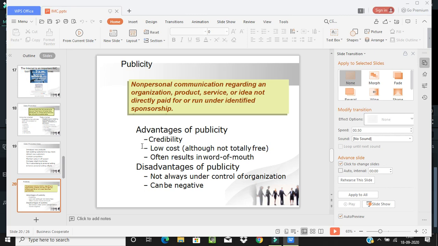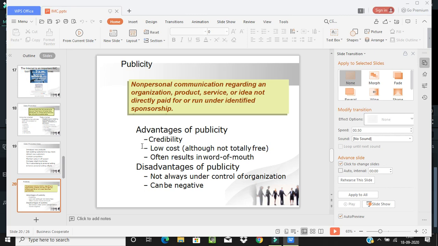Often results in word of mouth, from word to word. It focuses on one person to another person, like a celebrity giving the message to one and all. The audience are listening and focusing, and the celebrity is going to make the mindset to purchase the product, and the people are ready to purchase by seeing the quality, the price, and the functions of the tools or the product.